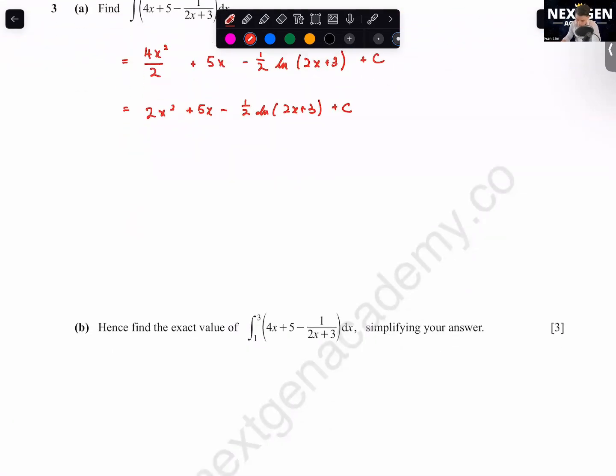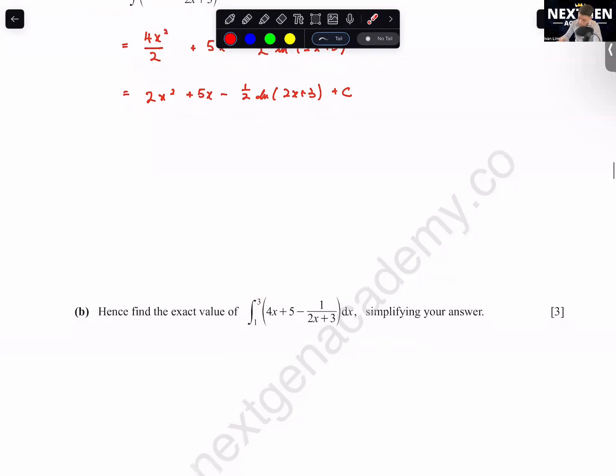Okay. Hence, find the exact value when we do a definite integral from 1 to 3, simplifying your answer. Okay, so when we do a definite integral, we don't need the c anymore. So I'm just going to write the equation down first. You put it in a square bracket: 2x squared plus 5x minus 1 over 2 ln 2x plus 3,